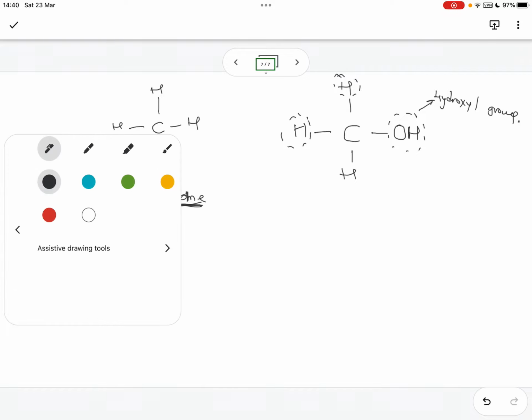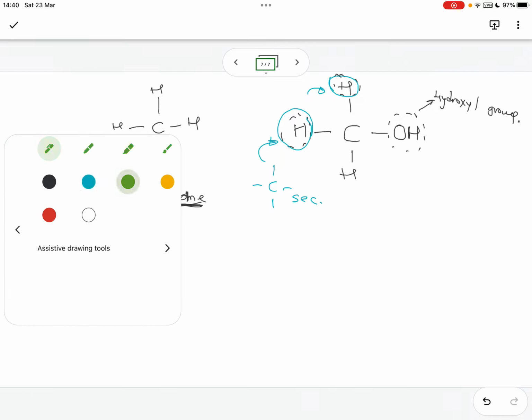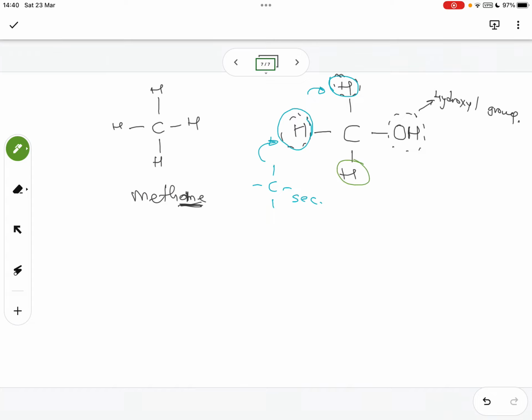I just want to explain this, right? So, Nobuhle, when we take out two hydrogens and in their place we put in other hydrocarbons, we substitute them there, then we're moving into a secondary alcohol. And if we do that with 3 and replace 3 hydrogen atoms,